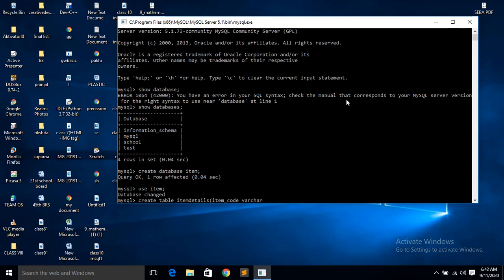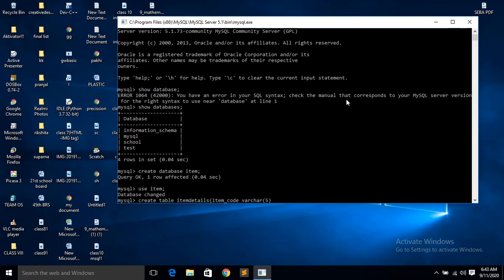When you give VARCHAR or CHAR, it is mandatory to give the number of characters, say 5. Now item code VARCHAR I have given.